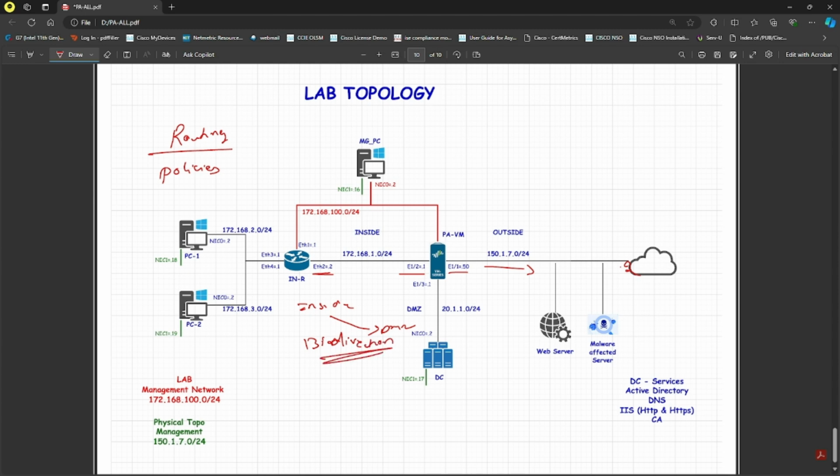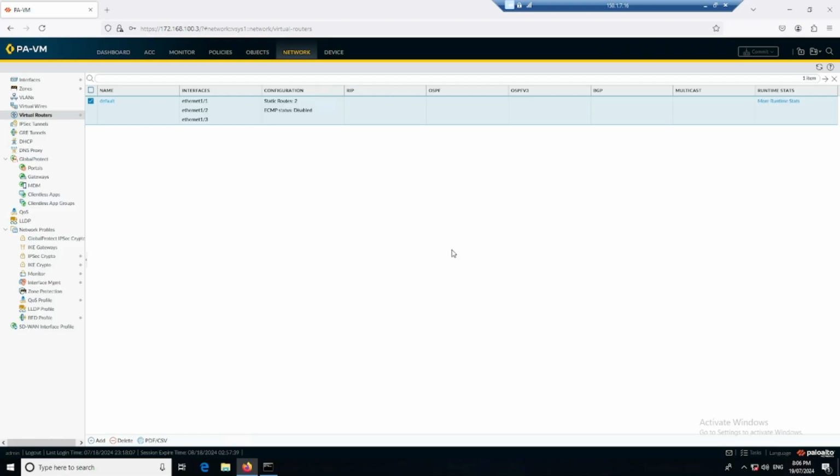So I will create a policy such that my Windows Server is able to communicate with the management PC, because I have given my primary DNS as 20.1.1.2, which is my domain controller. If they are not able to reach that one, then I am not able to resolve the custom DNS names. So what I will do is go to the policies